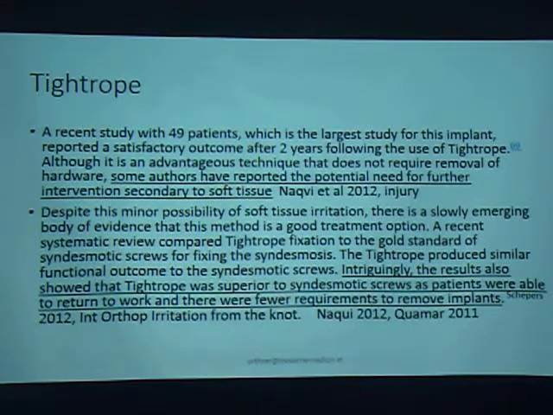Tightrope is very popular. For me, tightrope is a good implant. The most important thing is a stable situation. If you have a high fibular fracture, with only one tightrope, it can still shift up and down. That's the reason I prefer the screw. But if the whole length of the fibula is forward and it's stable, then the tightrope can hold it better. Especially in old reconstructive cases, the tightrope is a good thing.